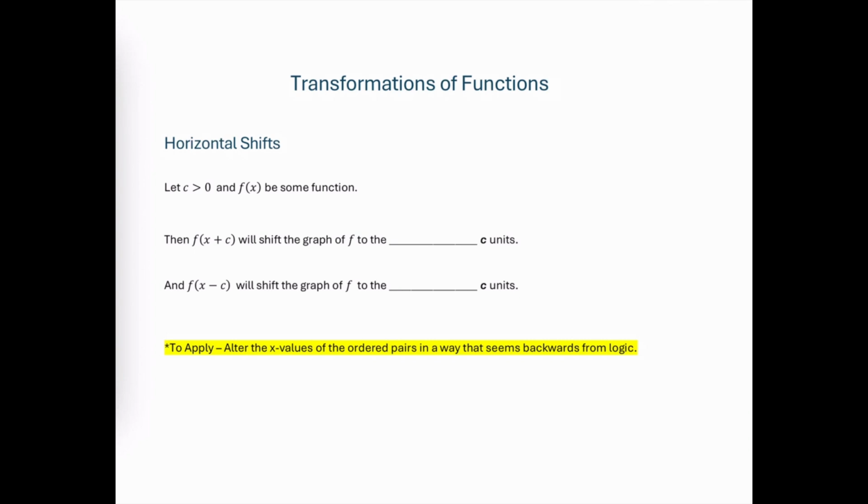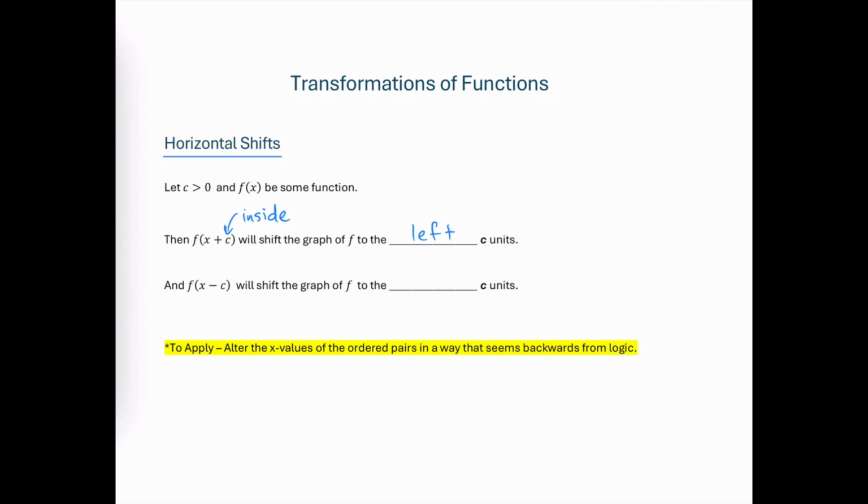Another way we can transform the graph of a function is by horizontally shifting it left or right. Let's consider some function f at x. This is usually the graph of a function in some basic library, and let c be a constant that's positive. If we take that value c and add it to the x in a position that I'm going to refer to as the inside, the effect that it has on the graph is that it moves the graph of the function to the left c